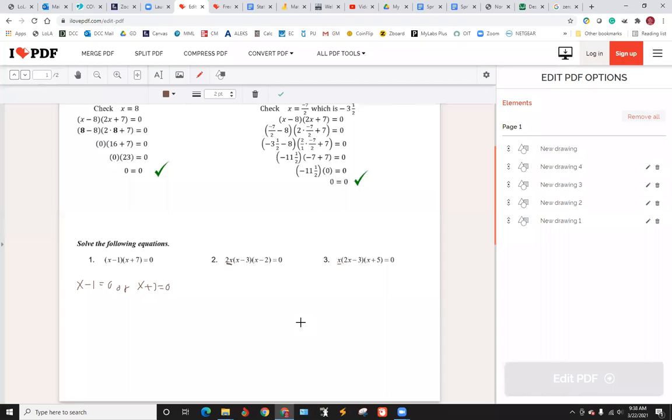So notice that when you do that, these things are generally real easy to solve. So you get a +1 here, +1. So x is equal to 1, or